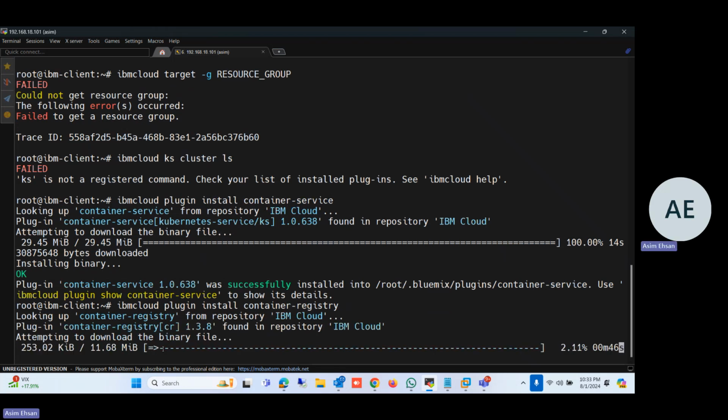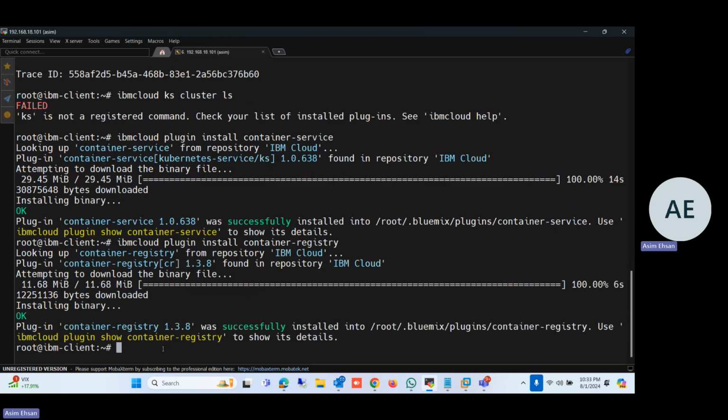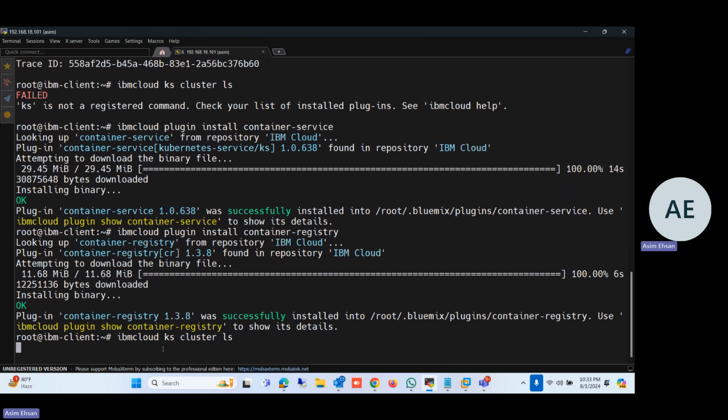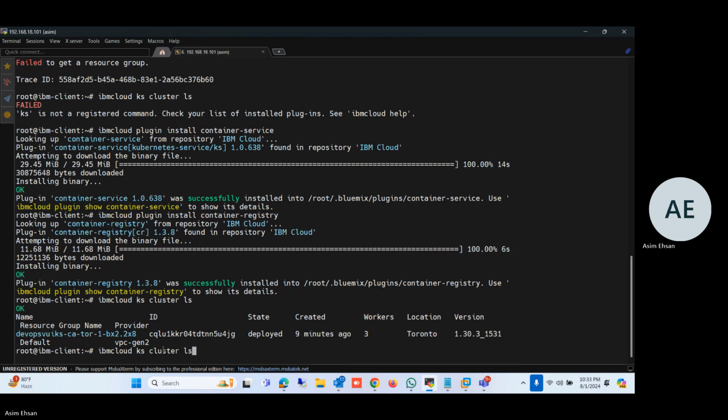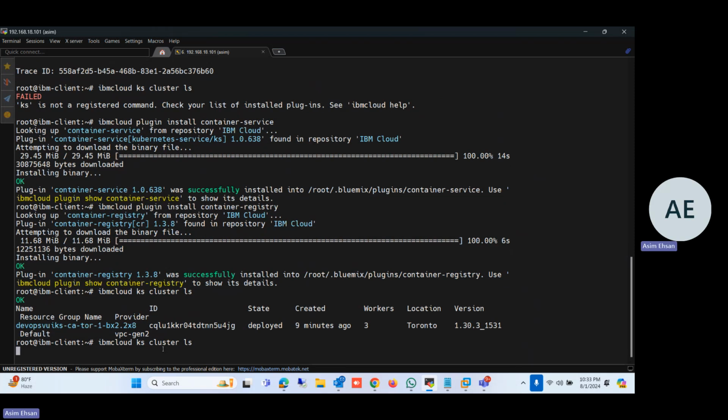I don't think so. These are the exact plugins we need. Let me check either, this is working. Yes, it is. So now you can see after installing those plugins, now I query from IBM Cloud